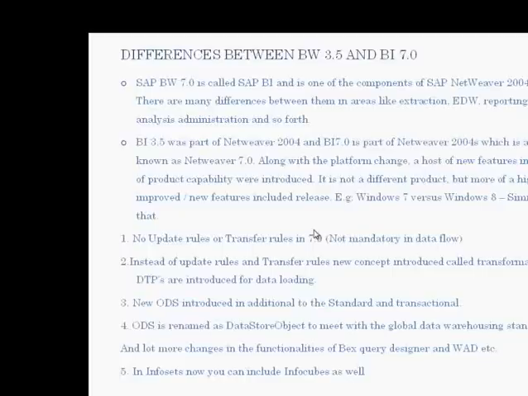You don't have to create update rules and transfer rules. You just have to create a transformation, and mostly the system will propose the mappings, and after that you have to create a DTP and start loading the data. So it is very flexible, robust and fast when compared to 3.5. And ODS, operational data sources, which are in 3.5 versions,